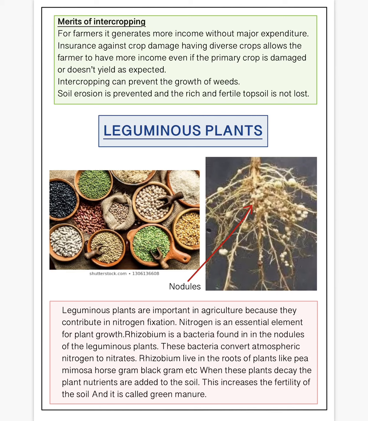Every leaf will have different types of nutrients. Same way, when these pea plants give you pea, and when we destroy or remove the plant, you can mix it with the soil. What happens? The amount of nitrogen increases and the fertility of the soil increases. So adding the green plants to the soil is called green manure.